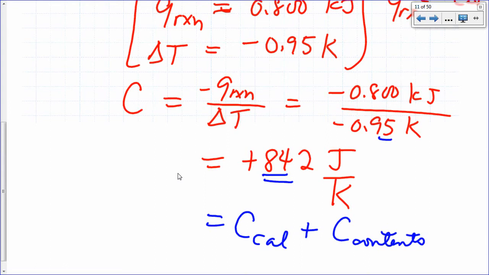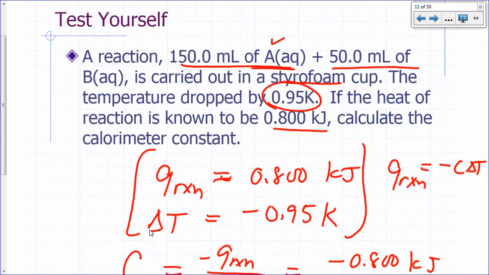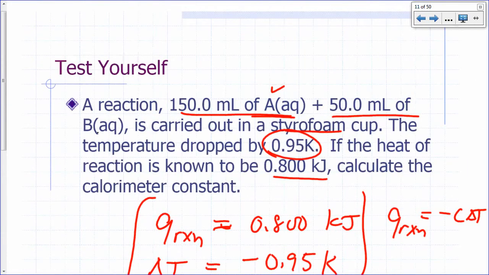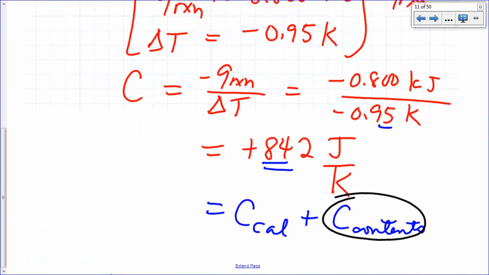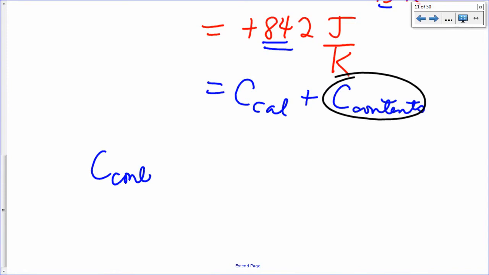So if I only knew what the C of the contents are, I should be able to figure out the calorimeter constant. Do I know the C of the contents? Can I estimate that given the fact that these are aqueous solutions? We can just say that's the heat capacity of the water, right? Assuming it's dilute solutions. Usually that's what we do. So we're going to say then the heat capacity of our contents